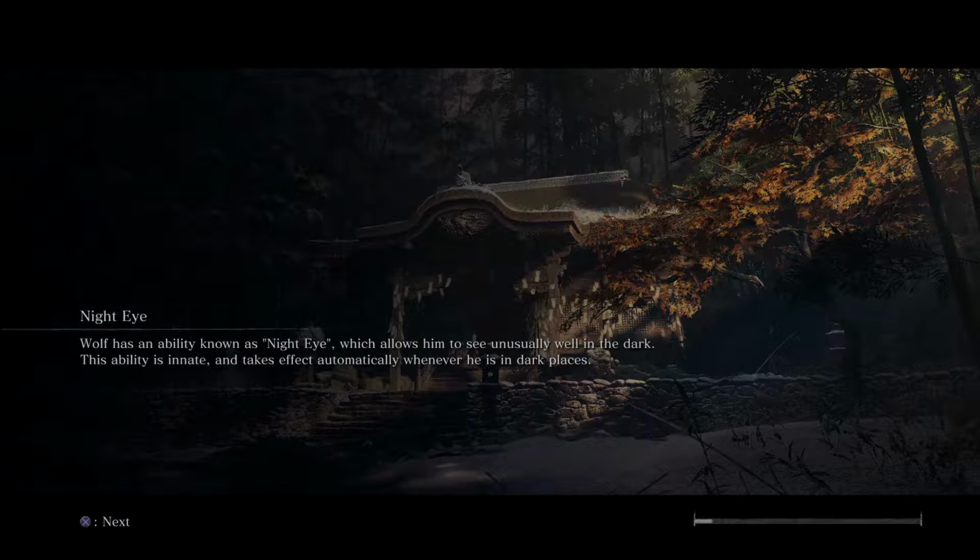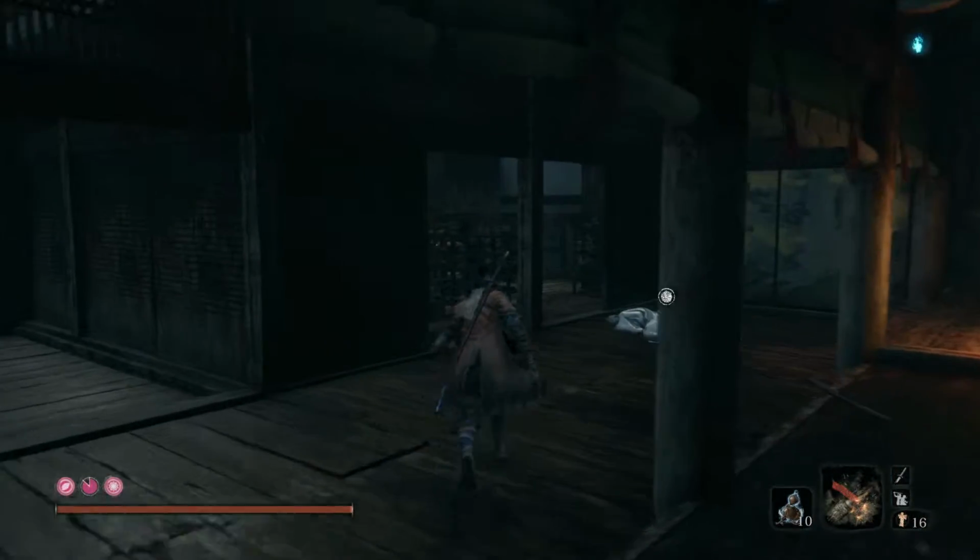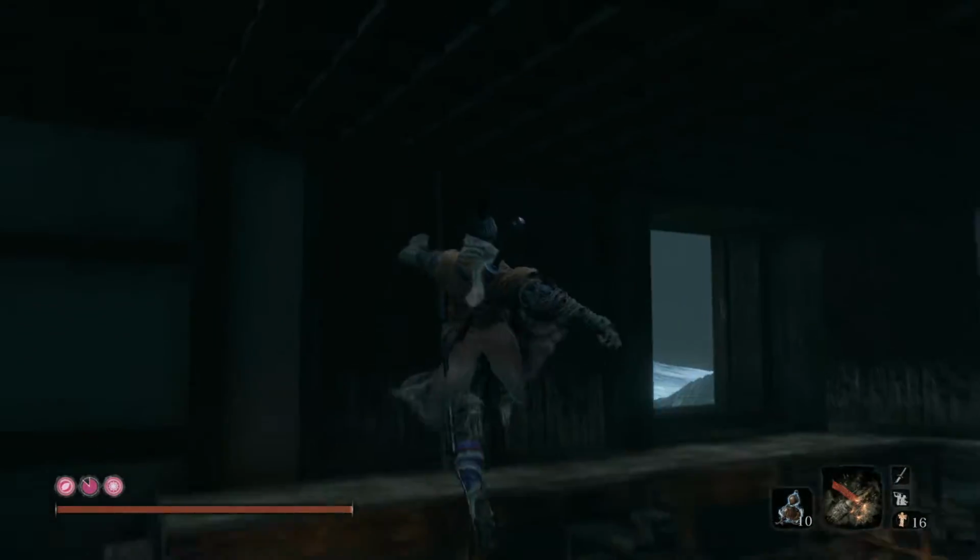Like I said, there's not very much new things to do in Ashina Castle, just a few items to pick up. We killed that mini boss. There is going to be another mini boss in Ashina Reservoir, which we'll do now as well. So we'll just get everything new in Ashina Castle first, and then we'll go down to the outskirts and do that. So let's get out of here,